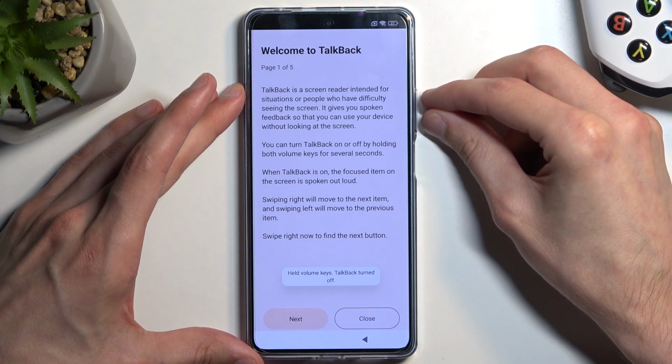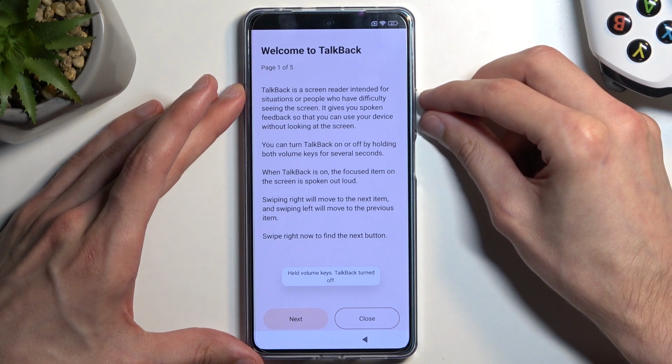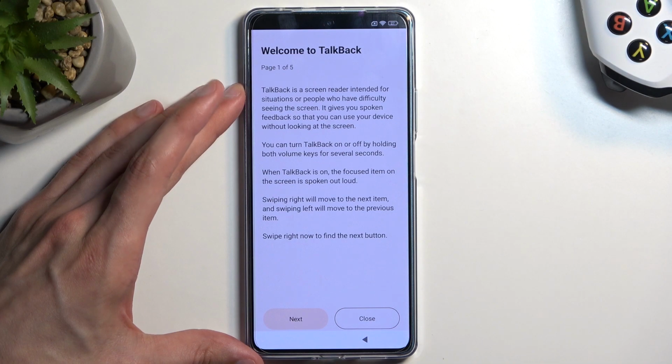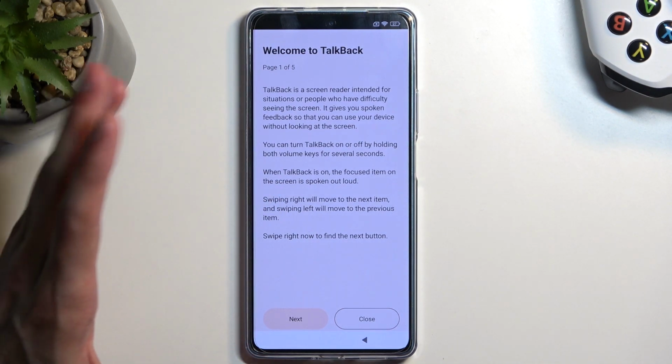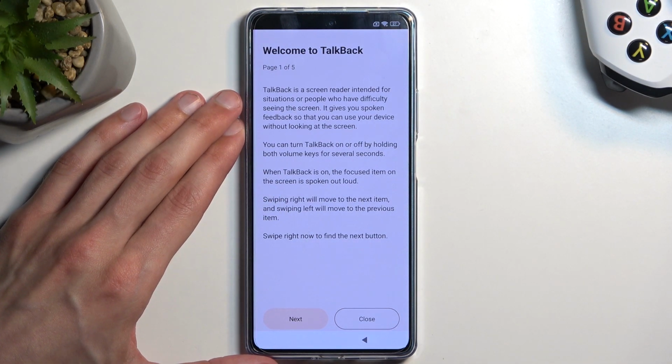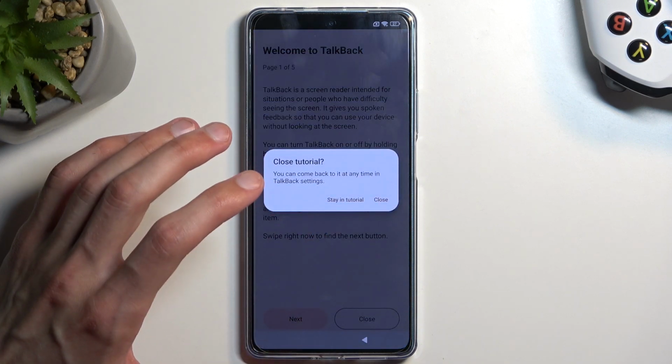I'm gonna double tap on it, and from here we're gonna hold volume up and volume down again. TalkBack off. And this turns off TalkBack. So now our screen kind of works normally. And here we're gonna select close and